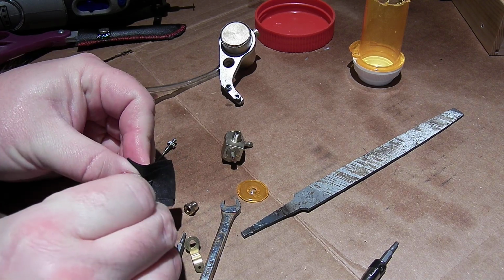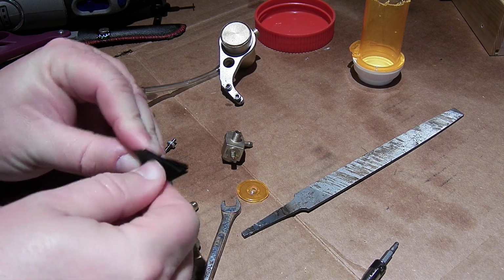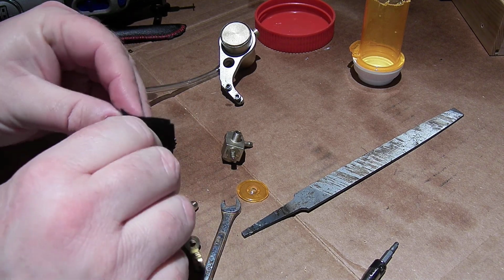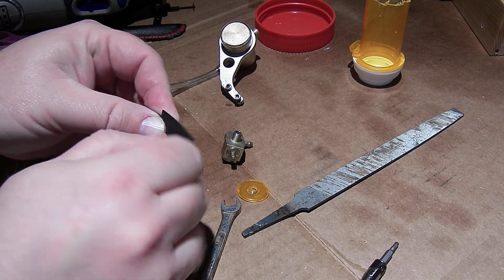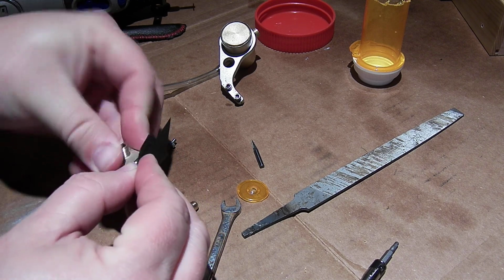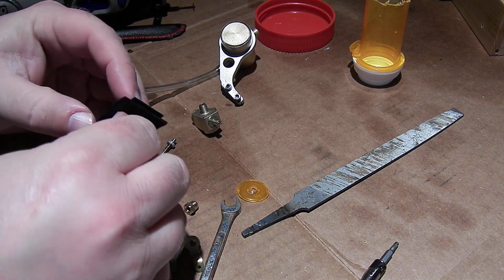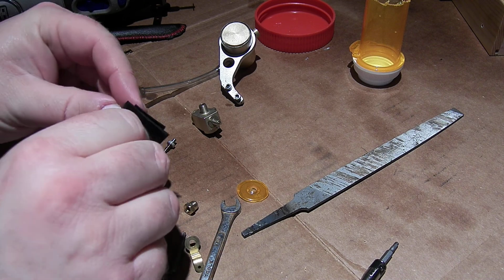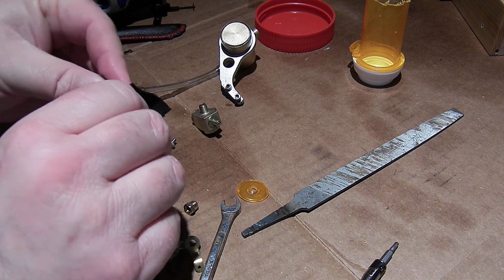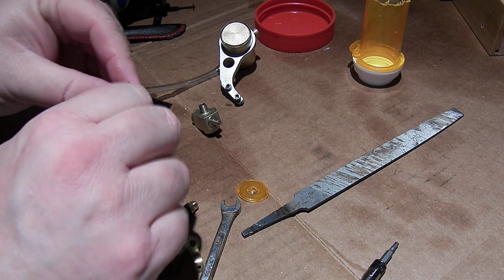I have the spiral Dremel bit out from when I drilled the other hole, and I'm just going to use that to poke through. This material is a stabilizer for machine embroidery, and I used some gasoline to test it, make sure it was not going to disintegrate or melt, and it seems to be doing okay. So I think that by having it just on the outside of the carb with a little bit of